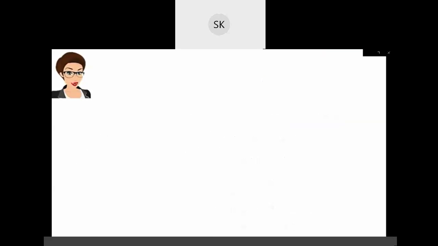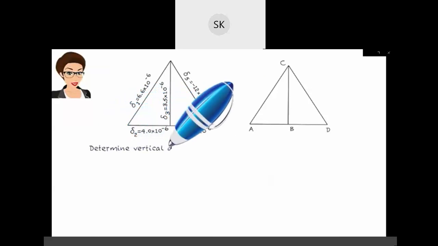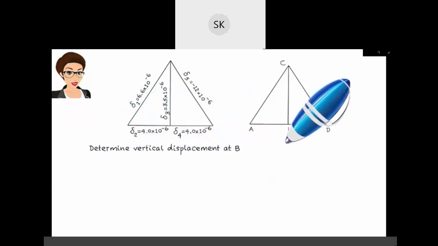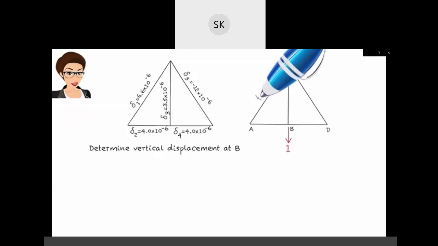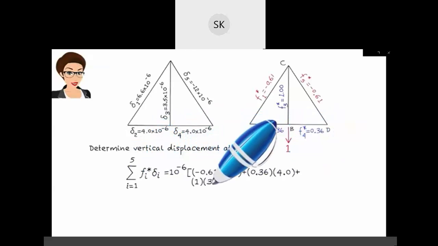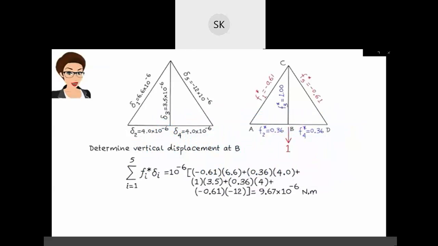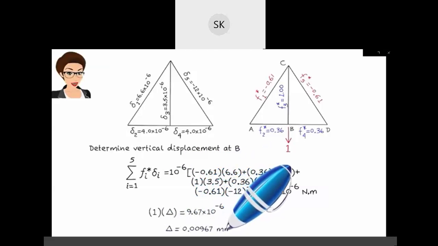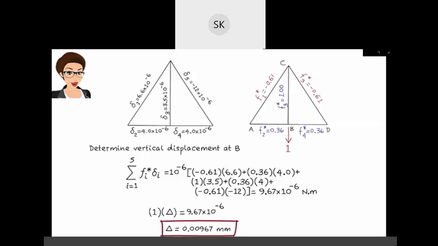To determine the vertical displacement at B, place a unit virtual load in the vertical direction at B and determine the resulting member forces. So the internal virtual work equals 9.67 times 10 to the power negative 6. The virtual work equation then becomes 1 times delta equals 9.67 times 10 to the negative 6, where delta is the vertical displacement at B. So delta equals